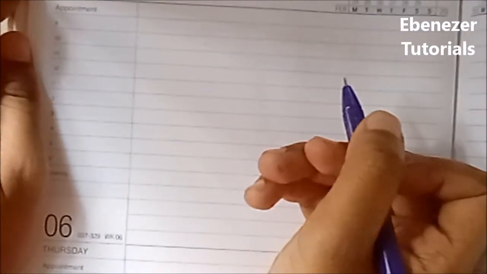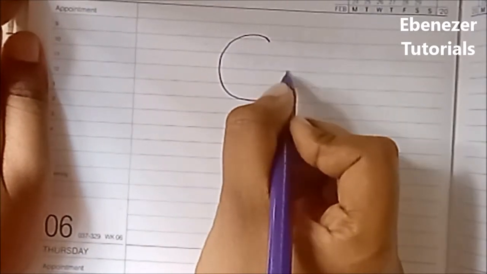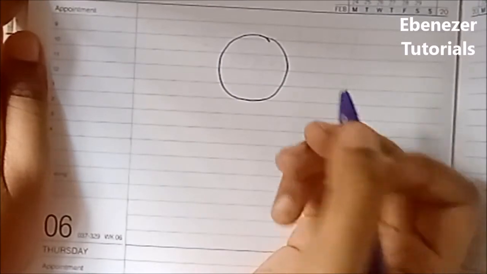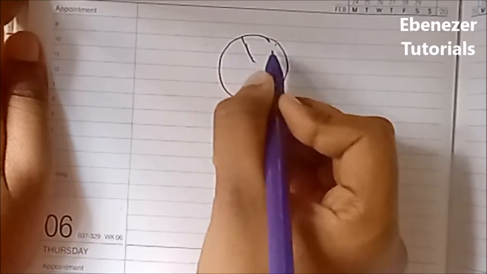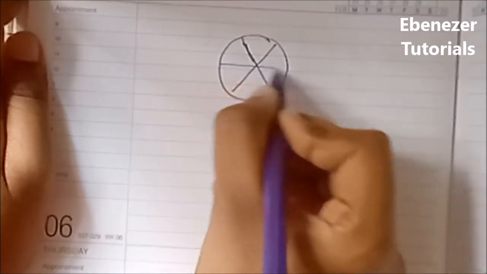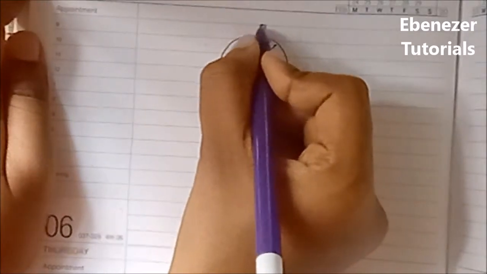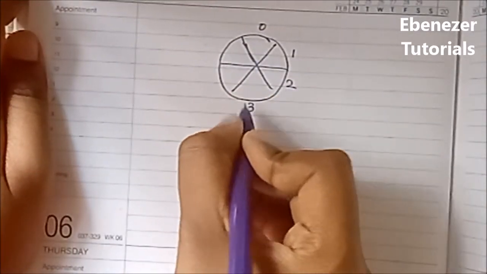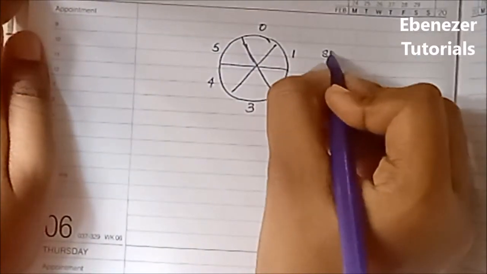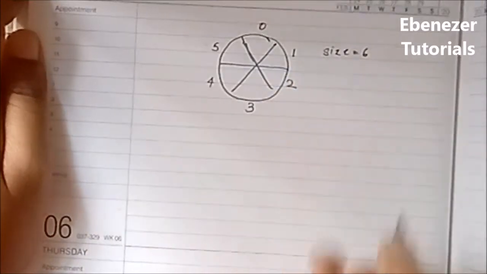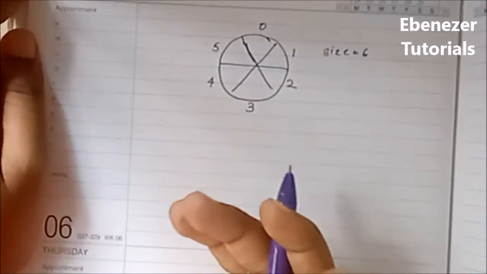Circular queue, as the name suggests, we have to understand it in a circular fashion. So this is the way we will be understanding it. I have a circular queue, so I can assign cells to it. Supposing these are the 6 cells, that means the queue is of size 6. I will assign the indexes from 0 up to 5. Since the last index is 5, the size of the queue is 6. This is how we represent a circular queue to understand it.